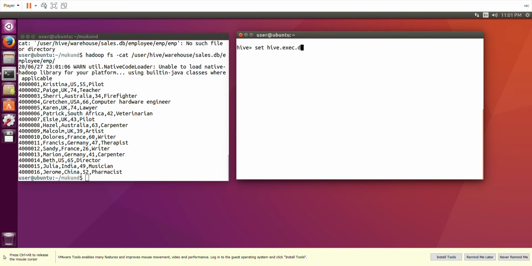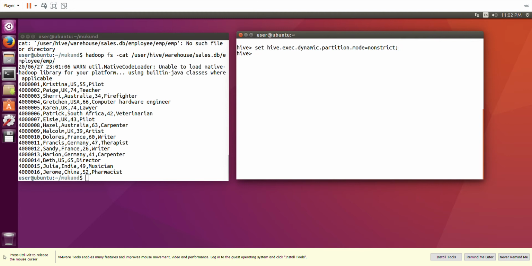We are executing dynamic partition, so we'll be doing partitioning. Dynamic partition mode equals non-strict. This is the first thing we'll be writing. So set, and the execution order can be anything. So we are setting hive.exec.dynamic.partition.mode equals non-strict.